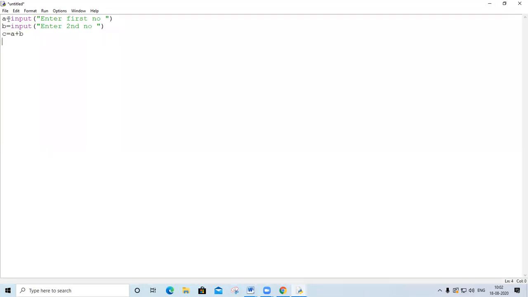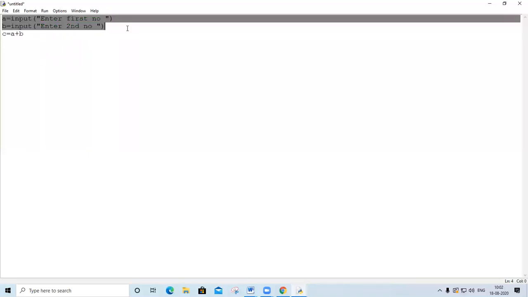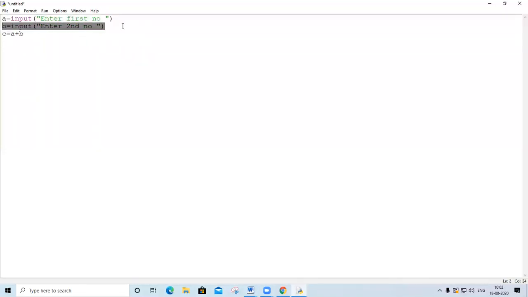So what we are doing in the first line, we are inputting a value. In the B line, we are entering the second number. And then whatever the value of A we are entering, and whatever the value of B, we are adding the two values and storing it into the third variable C. And then I am writing print, sum of two numbers, and then I am writing C. This is the program to find the sum of two numbers.